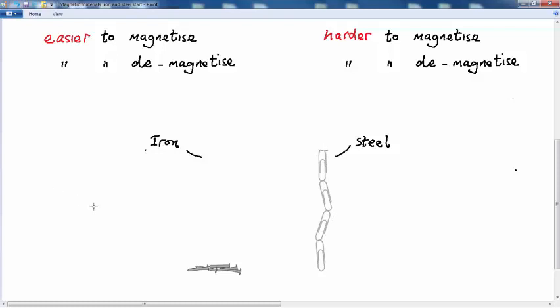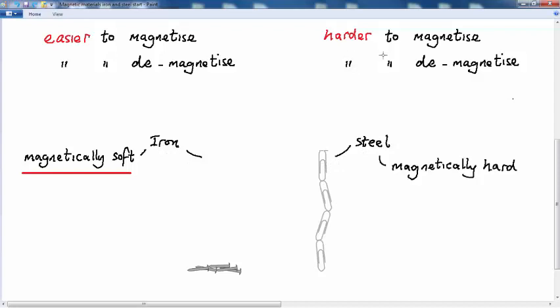Okay, so we have a special term which describes the magnetic properties of iron. We say that it is magnetically soft. A magnetically soft material is a material which can be easily magnetized and easily demagnetized. So iron fits into that category, whereas steel, or stainless steel, as in the case of these paper clips, is said to be magnetically hard because it is harder to magnetize, and when an external magnetic field is removed, it